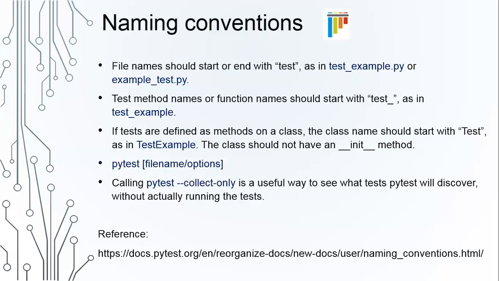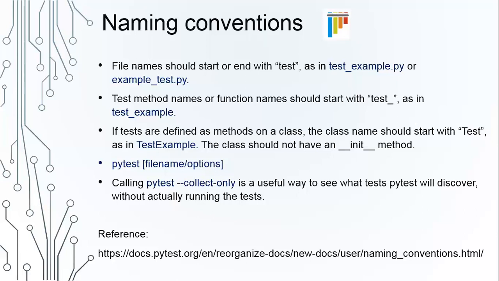In general, we will run the test cases from the command prompt by using the pytest command, followed by the file name, or we have different options. However, in the next video, we are going to see the different ways to execute the pytest cases. Before executing, we need to see which test cases have been discovered with our naming convention. For that, we can use the command pytest --collect-only, which means it collects only the test cases identified by pytest.